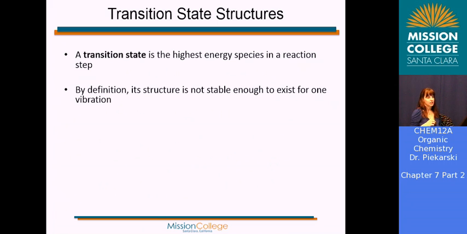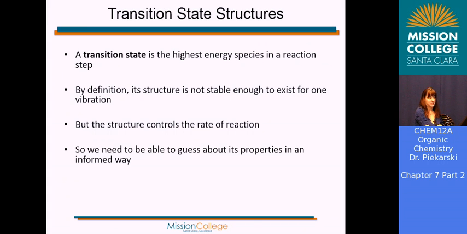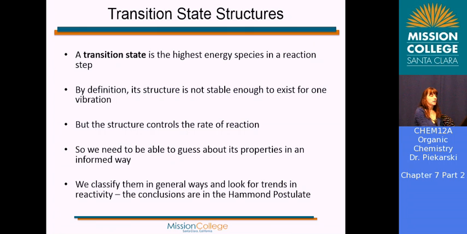By definition, its structure is not stable enough to exist for one vibration for analysis. But we know the structure controls the rate of reaction, so we want to be able to understand what it looks like, so we understand what affects the rate of the reaction, if we can manipulate something to make it faster. So we need to be able to guess about its properties in an informed way. Okay? Make an educated guess, right? We classify them in general ways and look for trends in reactivity, and the conclusions we found are in the